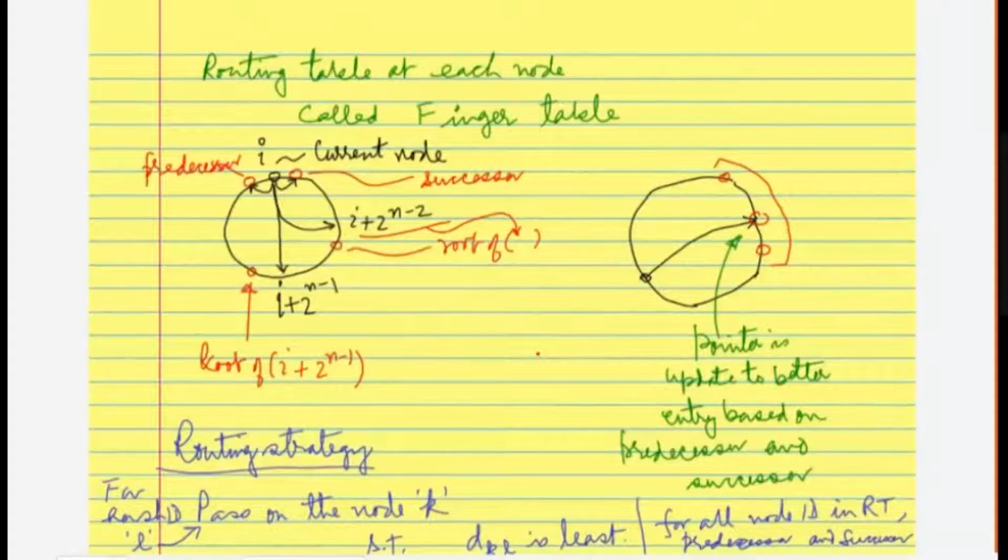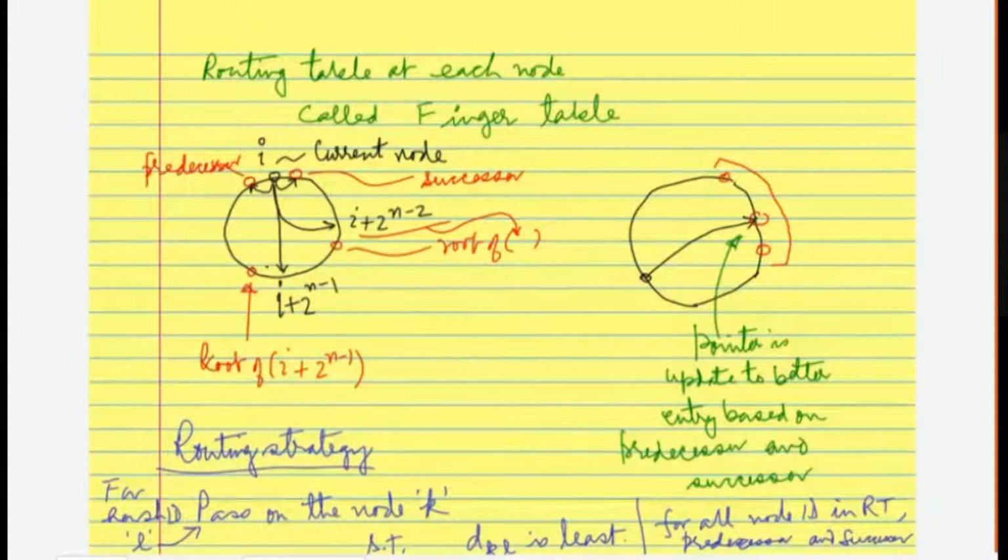Typically, how will the routing table be? The routing table at each node is called a finger table in the case of Chord. This we had also discussed earlier. Normally, if this is the current node I, every node should maintain a successor and a predecessor. The successor is the immediately following node, the smallest one that is higher than I, retained in cyclic fashion, and the predecessor is the previous one. These two always have to be maintained. And after that you can find out the root of halfway across.